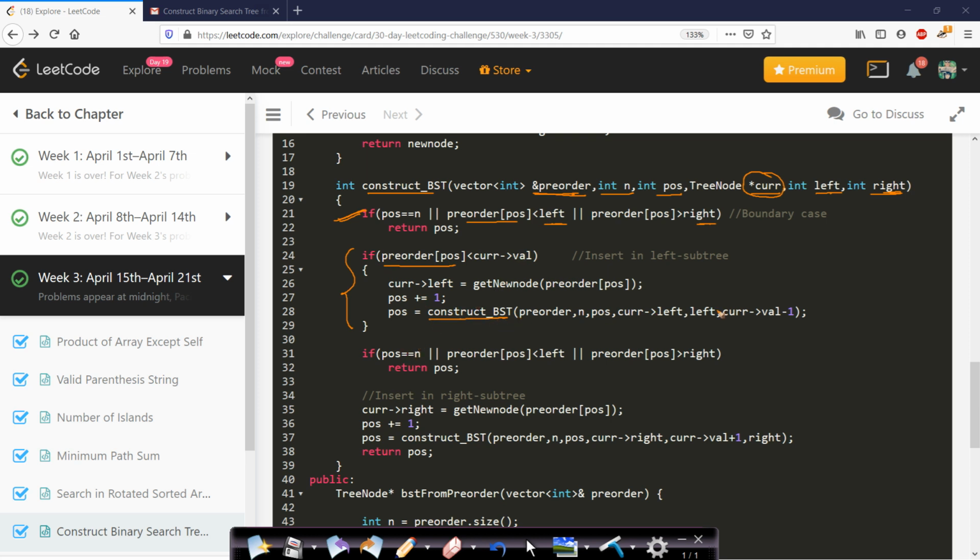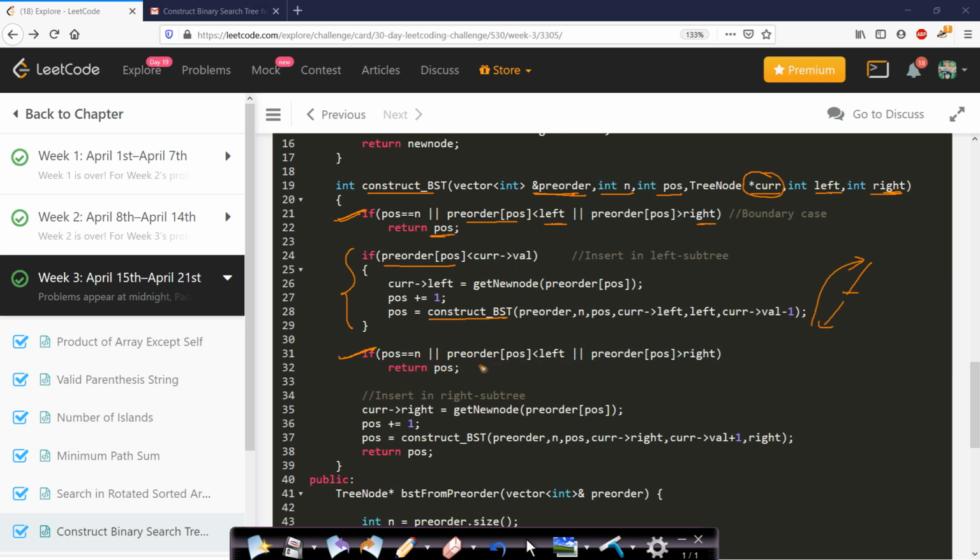If we make a recursive call, then again we will return at some point at this location. After returning, or even if we don't make a call, we will again check for the boundary case, because we could have made a left recursive call and after returning the position value could have changed, because we are actually returning the position values. So we will keep on doing these boundary checks. So before doing the left call, we will do a boundary check. Before doing a right call, we will do a boundary check.